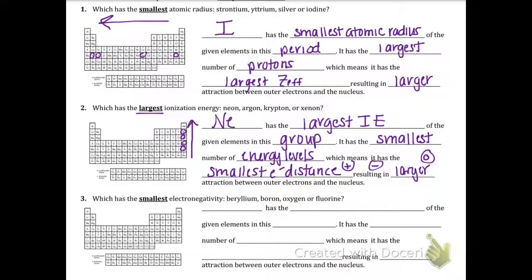All right, last one. Which has the smallest electronegativity? Beryllium, boron, oxygen, or fluorine? So let me mark those really quick. You have beryllium here, boron, oxygen, and fluorine. Electronegativity increases going to the right. It's looking for the smallest one. That means that beryllium is our answer. Beryllium has the smallest